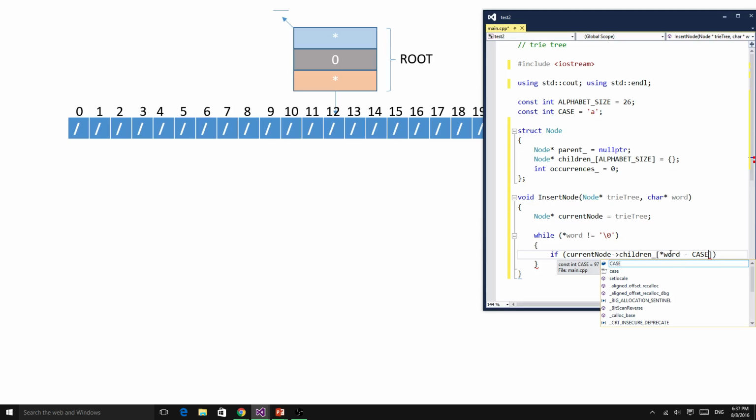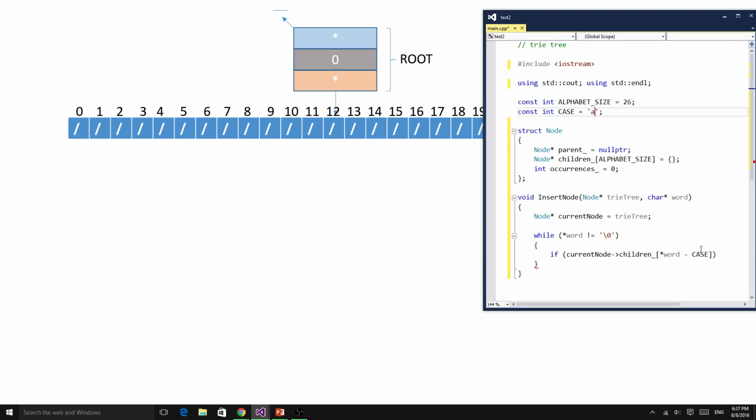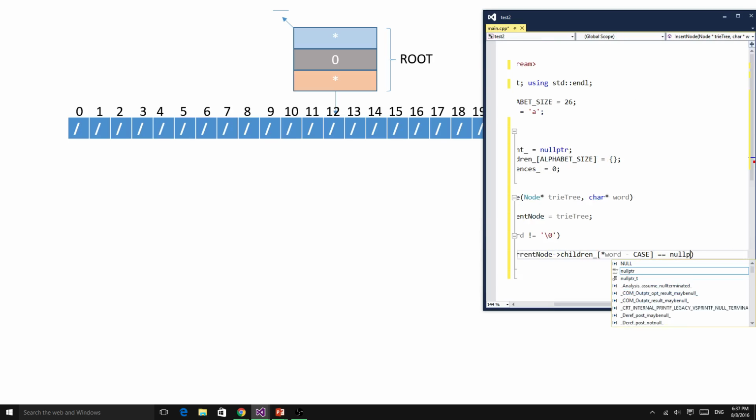So this way, if it's lowercase a minus lowercase a, because that's our case, well then this would be 0. If the word is b minus a, well that would be 1, and so on. So if whatever element we're in is equal to a null pointer,